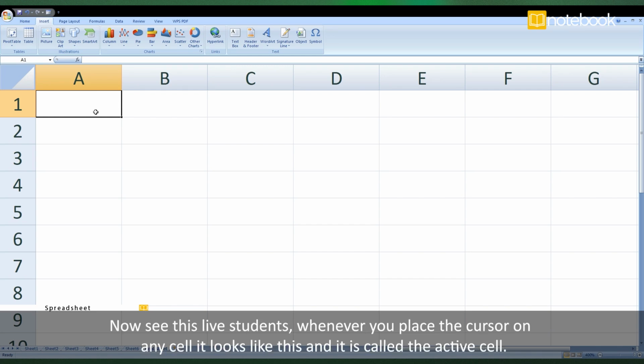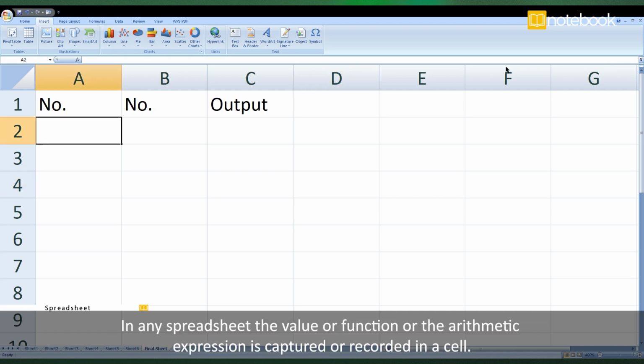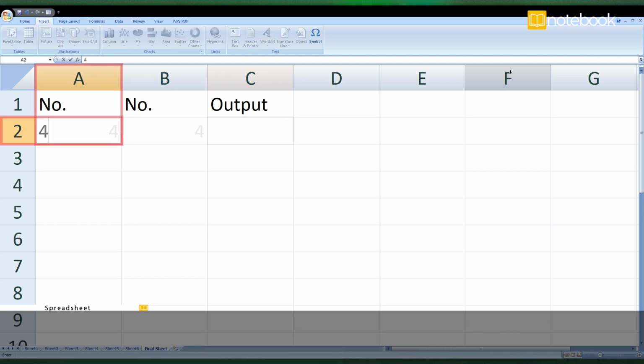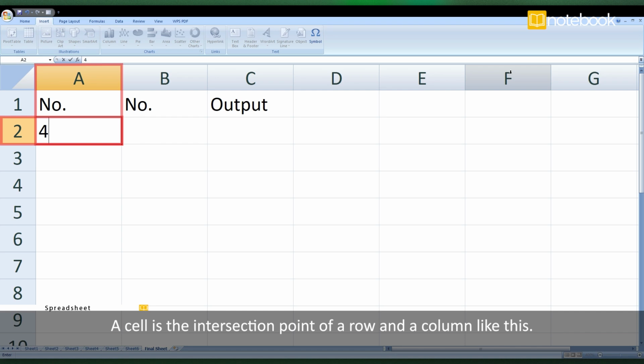Whenever you place the cursor on any cell, it looks like this, and it is called the active cell. In any particular spreadsheet, the value or function or the arithmetic expression is captured or recorded in a cell. A cell is the intersection point of a row and a column like this.